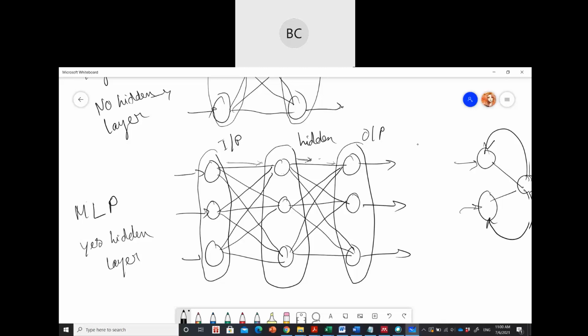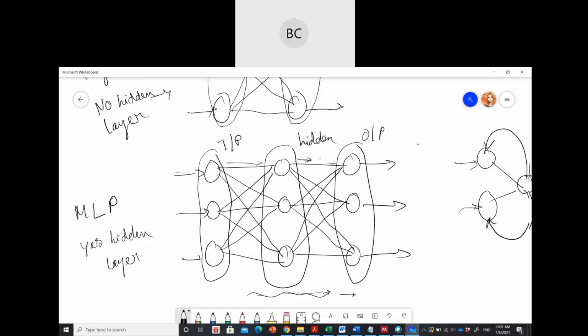If you are giving an image, all the image pixels will be the input for the network. Okay, so hidden layer is going to be the main computation. It will basically find out which are the proper features, or if you have provided all the features, it will find the best one. Then it will be given to the output. So output layer will give you the classification result. Inputs are nothing but all the features you have provided to the network. Hidden layer will do all the computation part.